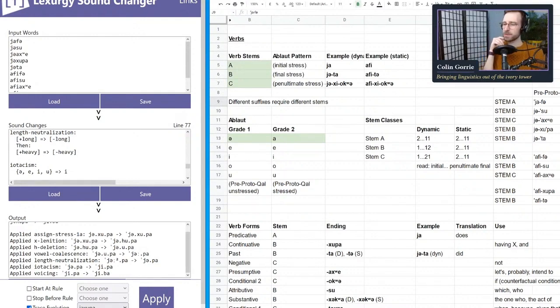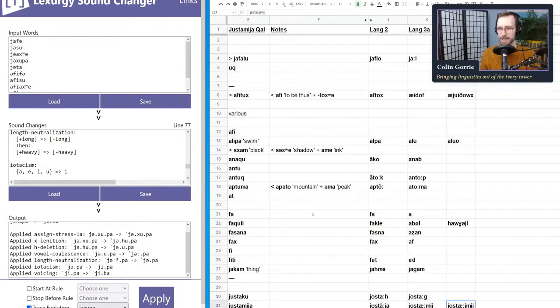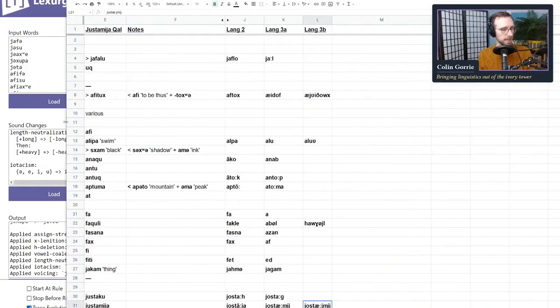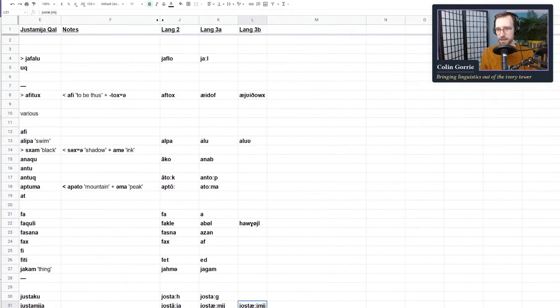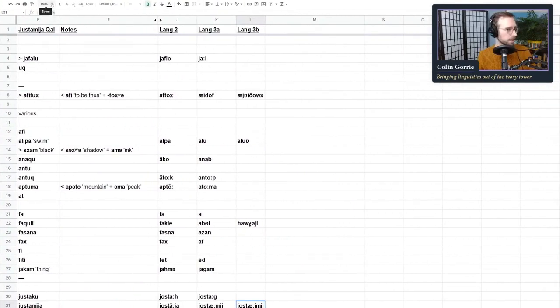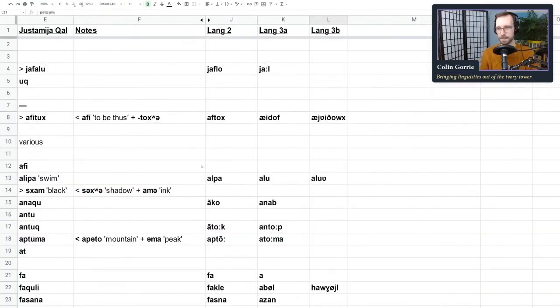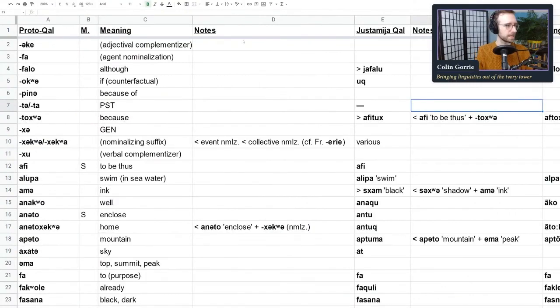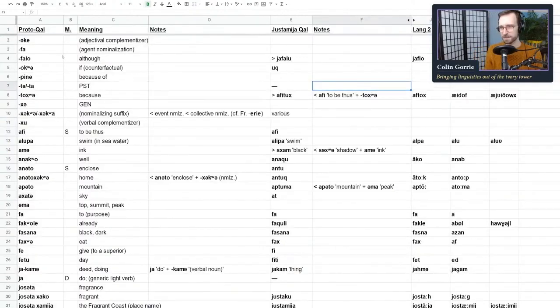Well, I had in mind that we might be able to look at one of the other languages that we've been developing. Let's go over to the Comparative Lexicon and let's look at some of these. And maybe I can zoom in even more just to emphasize things. So we have, this whole zooming thing was probably a bad idea. Yeah, that was a bad idea. We need a bit more space. So we have these